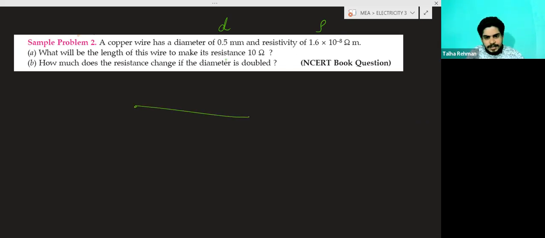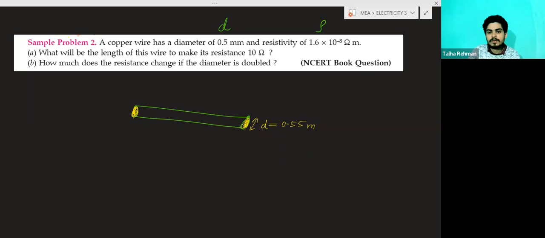For example, you can take a wire. This is a wire. Okay. Wire, and this wire having the diameter, you can take the wire in this form, because wires are like this. The area of cross section of the wire will be this. This will be the area of cross section. I told you what the area of cross section is. So this will be the circular area, and this circular area will be the area of cross section. What is given? Diameter of this wire, D, is given. That will be 0.5